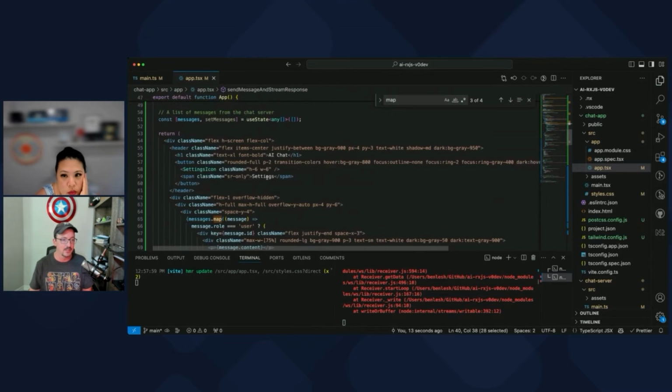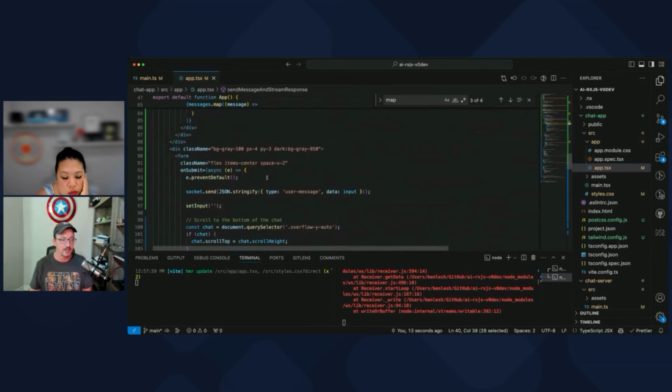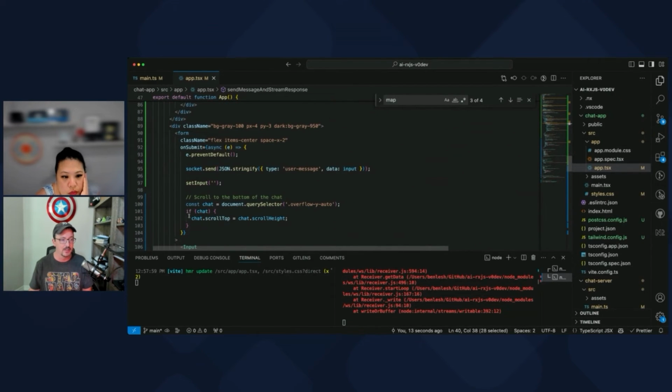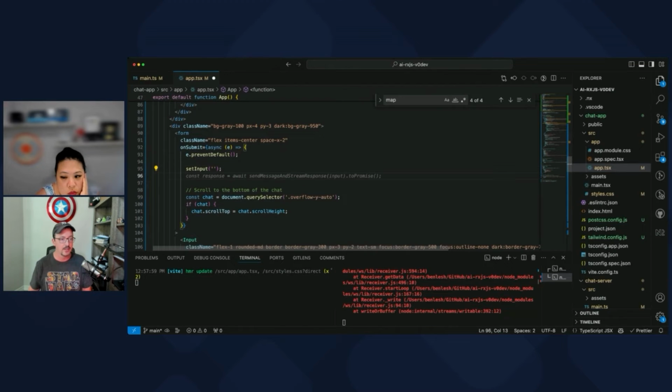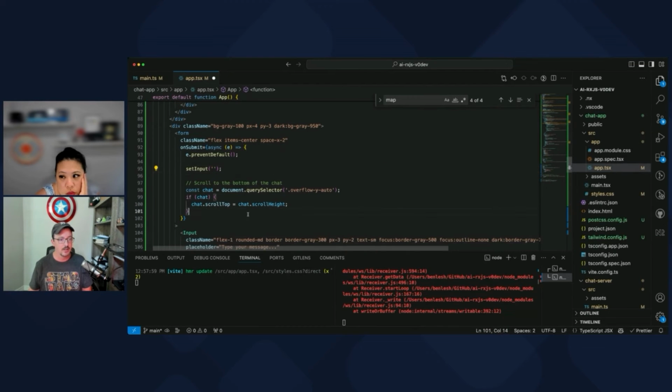And the reason that this is interesting is I can go down here and I can consume it in this async await. So I can go down and set this input. I don't need to send this here. Right here, after I scroll to the bottom of the chat, I might need to scroll the bottom chat repeatedly, actually.